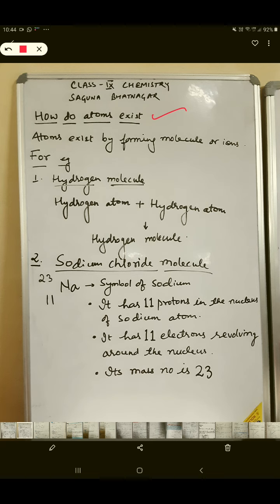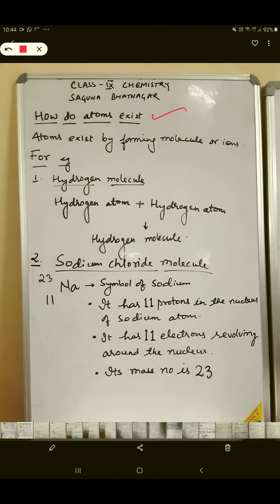In representation of an element you have studied that at the left side as subscript we write the atomic number, which tells you the number of protons and number of electrons present in an atom, isn't it? And the left side superscript tells you the number of protons plus the number of neutrons, that is the atomic mass present in the atom. So once you get to know all this, you can see the number of electrons also.